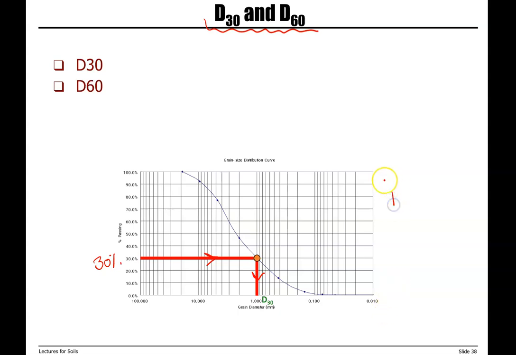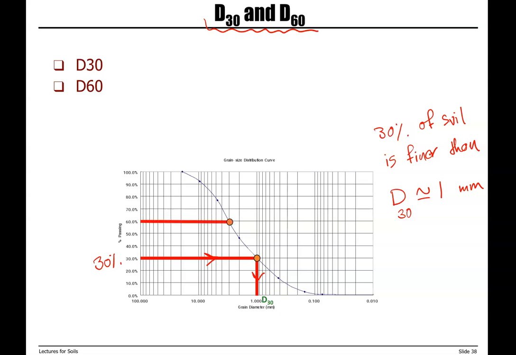So D30 in this example is close to 1 millimeter, which means that 30% of soil is finer than 1 millimeter. Then we also need D60, so here we start with 60% passing,